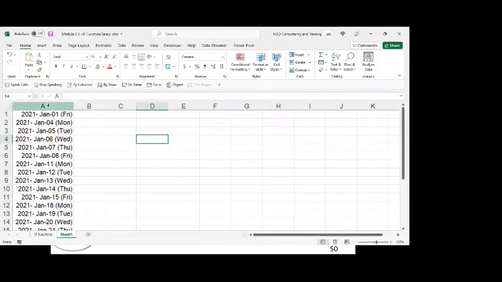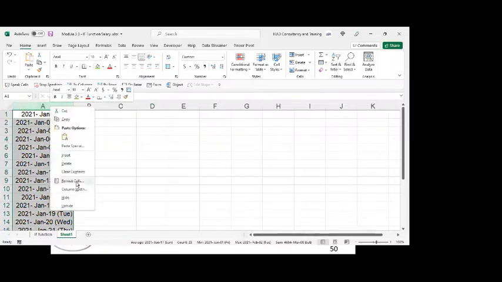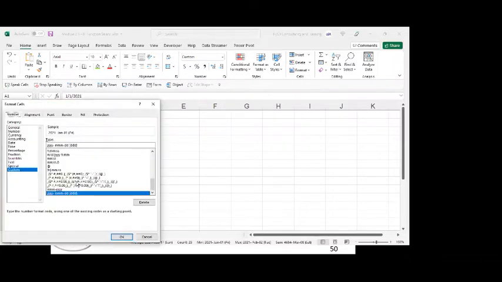The same thing, go to format cells. The way these dates work is very funny. Yeah. I can put DD dash MMM. I would suggest this one, MMMYY, and then space DDD. Can you see the sample here? 1st January 21, Friday. It takes the active cell and shows the sample.